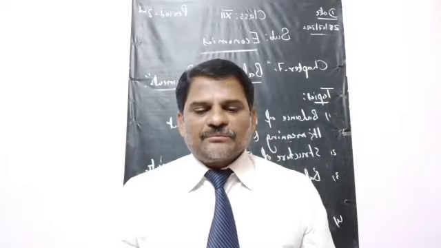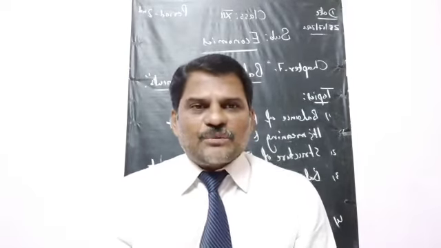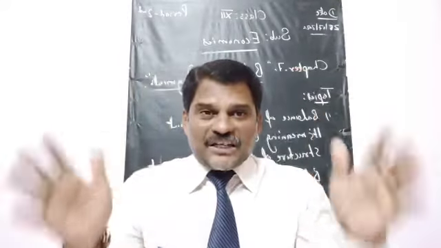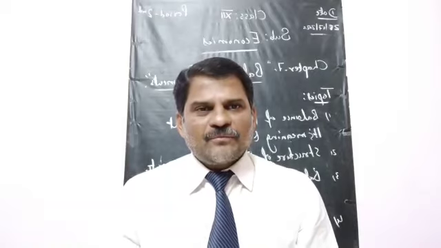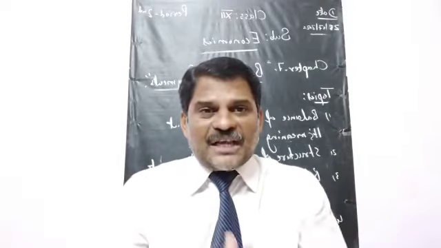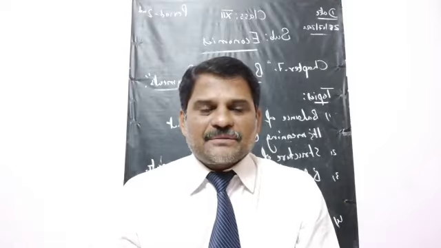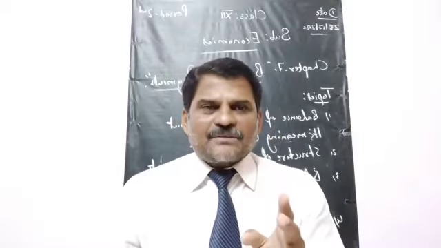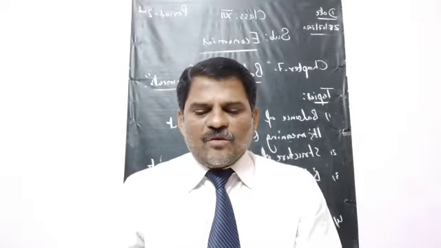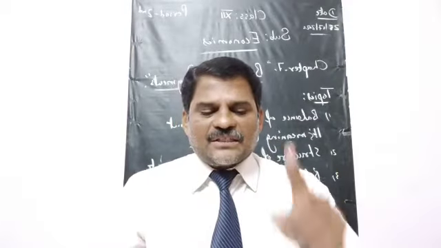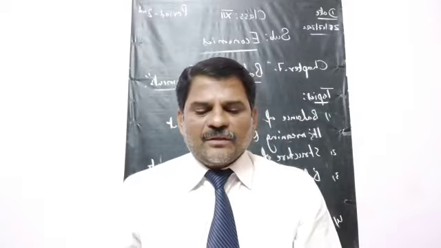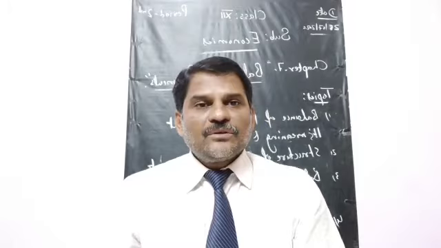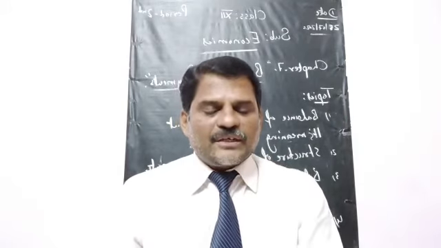Okay, now moving to the next one, that is the structure of balance of payments. What is the structure of balance of payments? I mean, what are all the things included in the balance of payments? So generally, I told you, the balance of payments has two components. One is current account, another one is capital account. In current account, the following things are included.